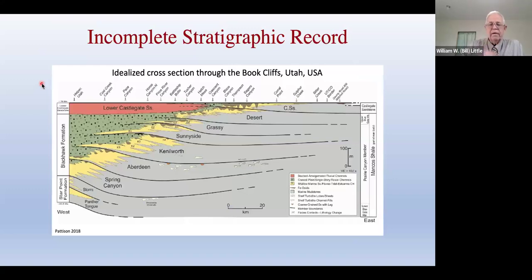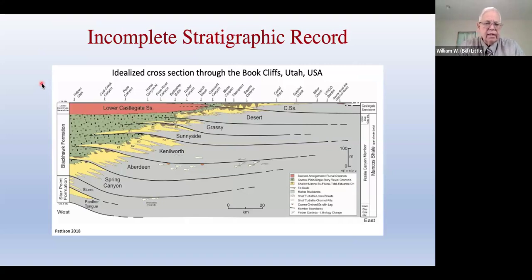An example of this can come from the Book Cliffs, where I've spent much of my time. The Book Cliffs are in Utah. They're a well-known area for studying sequence stratigraphy. People come from all over the world to look at the sequence stratigraphy. Here's a cross section put together by Pattison, based on a number of studies that were done before him. On here, you can clearly see that there are